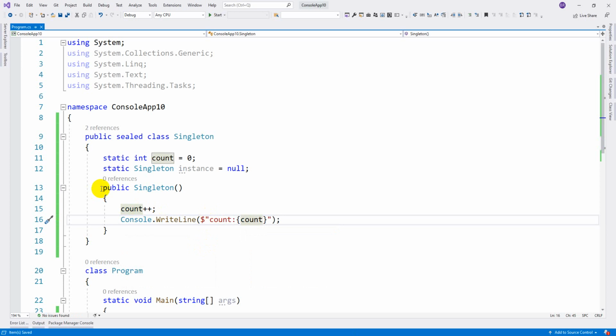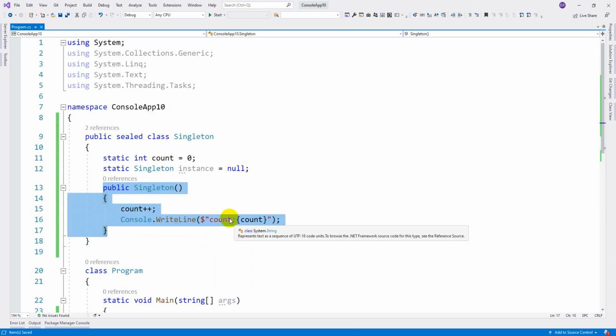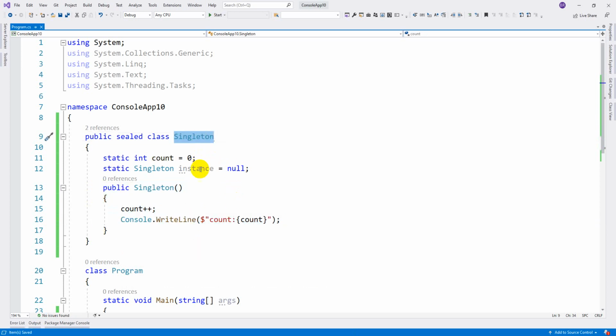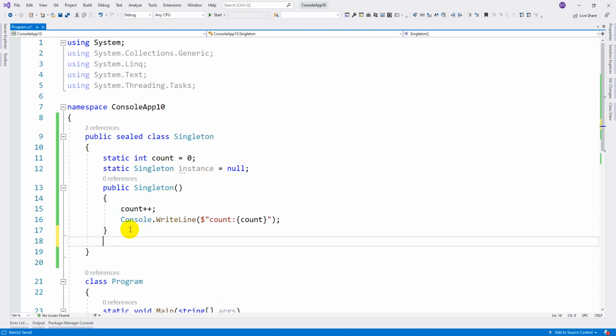As I said, this count is always going to be 1. It cannot go more than 1 because the basic thumb rule of singleton is that you have to create an instance only once in the life cycle of the class. Now let us create the instance, that is the major one. Public static. Why am I using static? The major intention is that we should not create any objects directly. The object needs to be created by using this particular instance variable. That is the reason I am going to use a static method. The type will be singleton again, so singleton GetInstance.